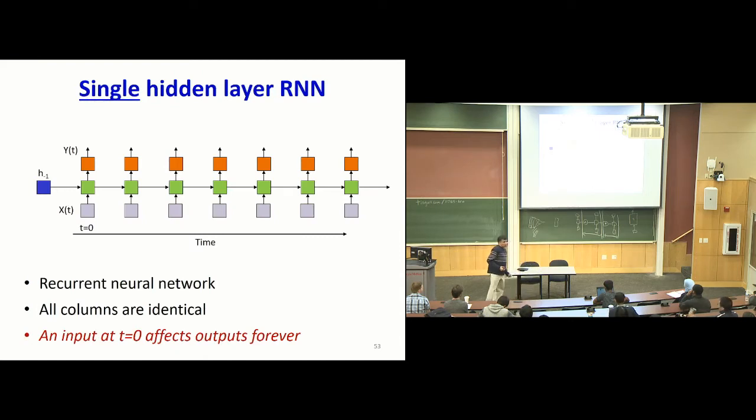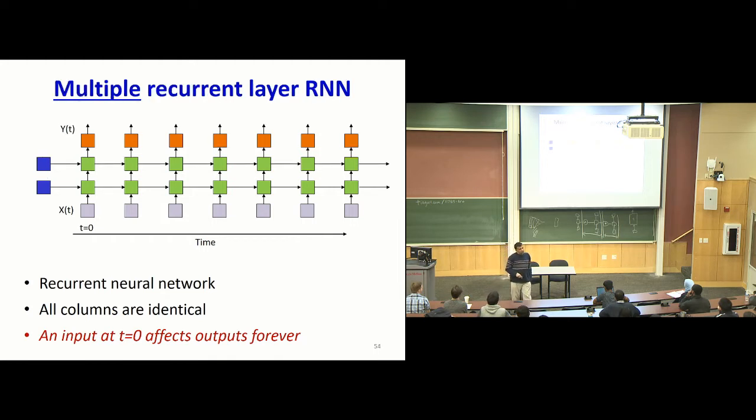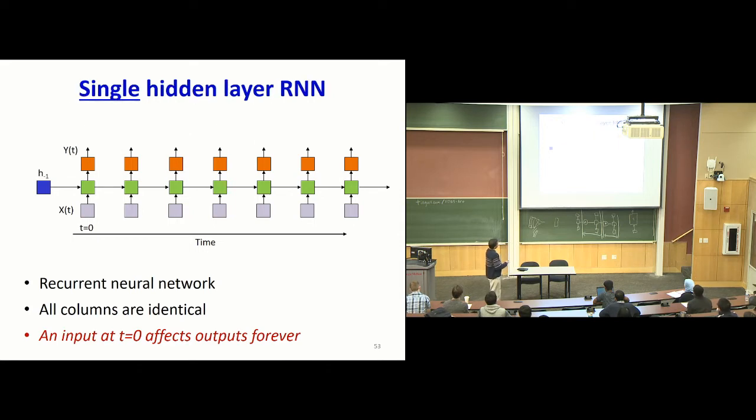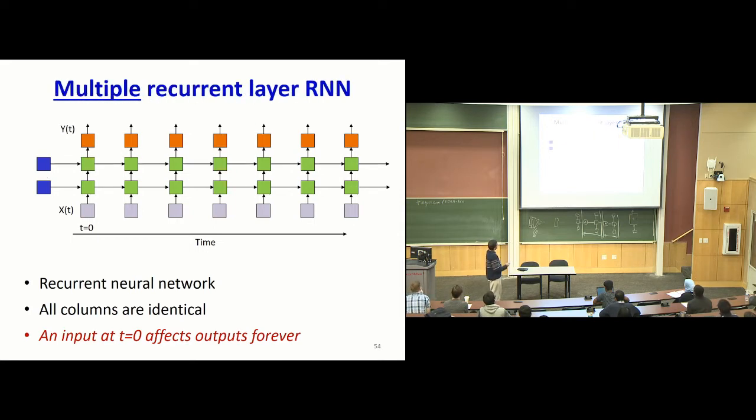So if I look at a recurrent neural network with a very simple state, where the state is just one layer of hidden variables, hidden neurons, this is what the network is going to look like. Again, every column is identical to every other column, and I have to specify h of minus 1. But then I can have a network with two hidden states, two hidden layers. Now this is still the same as this figure over here. All that happened is that my state has been defined in a slightly more complex manner, right?